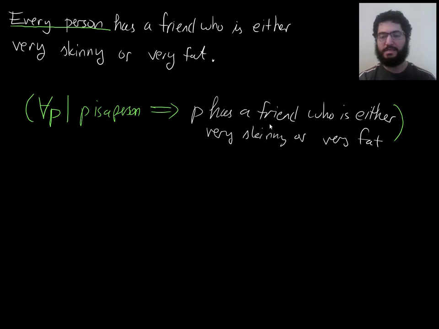So, has a friend who has a certain property. Has is kind of a way of expressing in English an existential quantifier. P has means there exists, right? There exists something which is both a friend of P and who is either very skinny or very fat. So this is like there exists. This has. So I would say